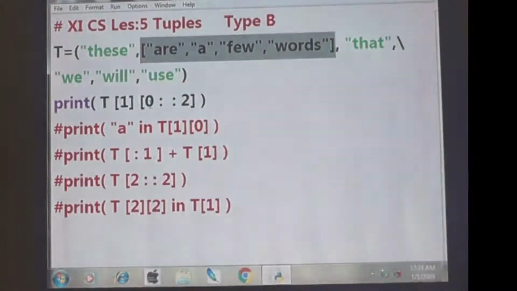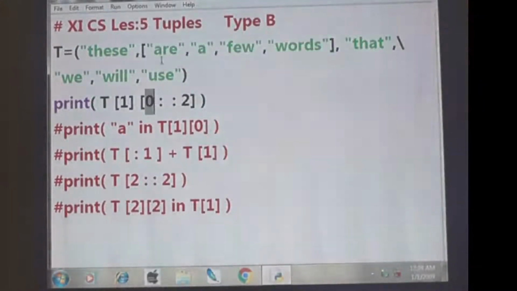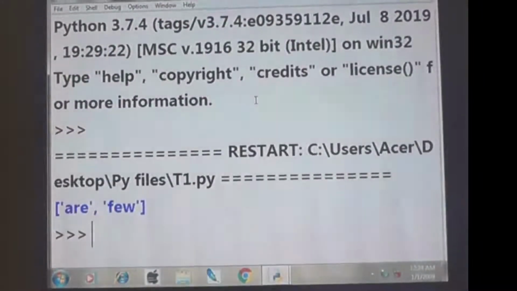Understand? Okay, now among the selected portion, which is the 0th index? R. Then they didn't say about the ending part, they said only the starting point. So from here to here we can choose, but you have to choose by step 2. That means you choose R, then step 1, step 2, few. So R, few is the answer. Understand? So F5. Okay, so R, few is the answer.